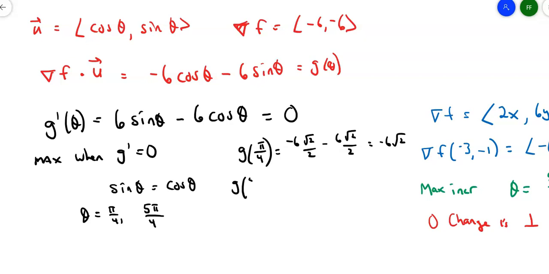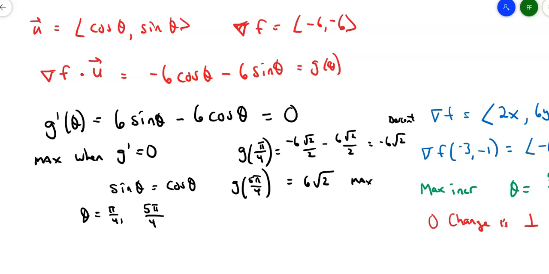It would then make sense that if I put in a 5 pi over 4, I'm going to end up with the opposite, because I'll end up with a negative root 2 over 2 for both of those coordinates, so that'll give me a positive 6 square root of 2. So without drawing my picture, I could have figured out that this was the max or the steepest ascent, and this was the min